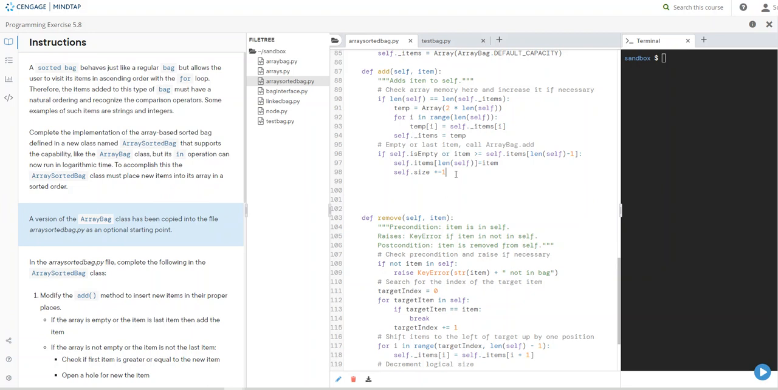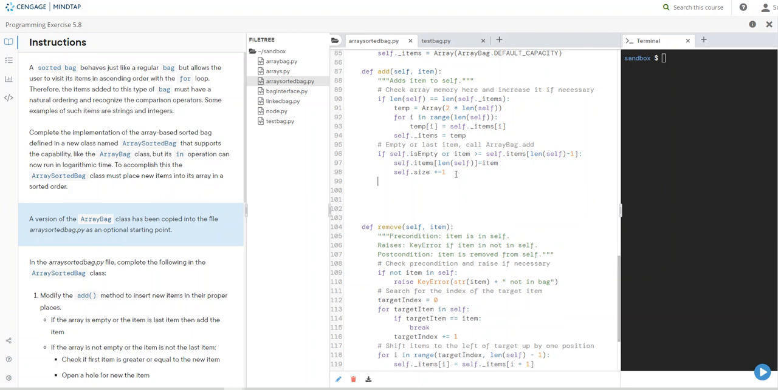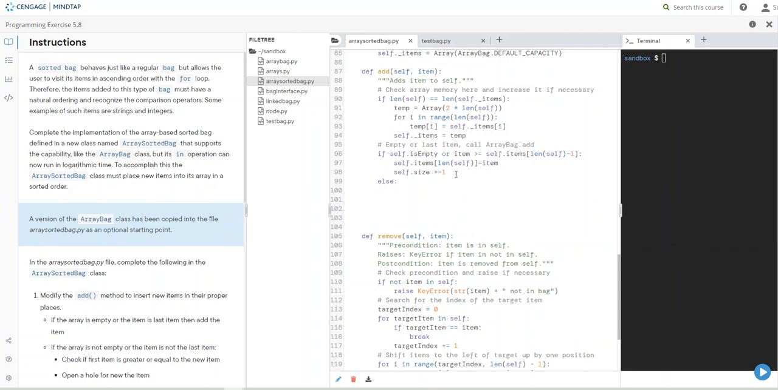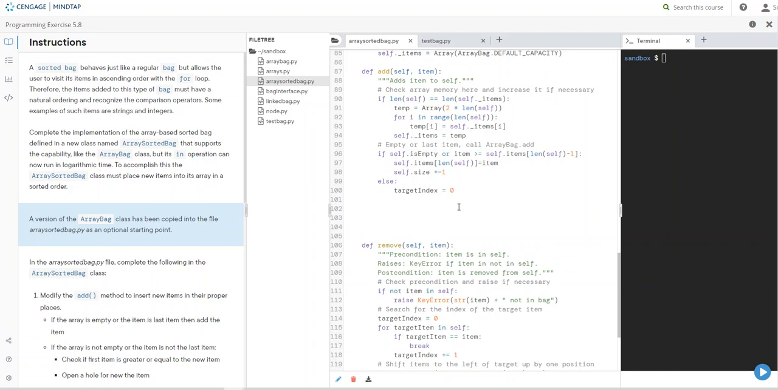Now, what's the else? The else is that it's not going at the end, which means it's not empty and it's not greater than or equal to the last one. So now let's do an else. Now is when we have to get a little complex when it comes to time. And we're doing that same logic that we've done before. Find out where it goes. You could, in a roundabout way, copy some code, but let's just go with it. I want to say while